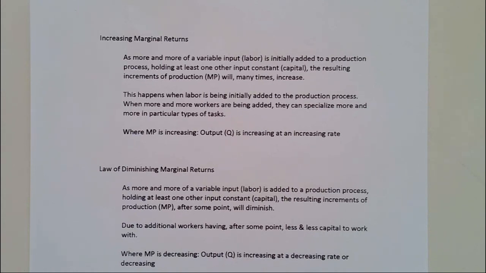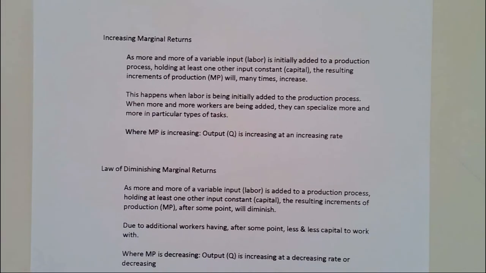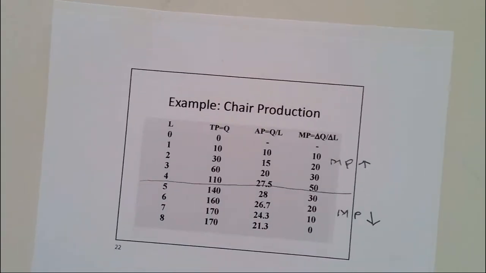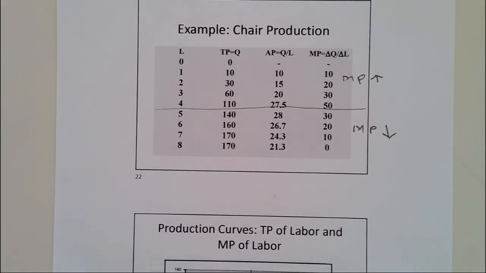It's hard to imagine, well, I can imagine some areas. I mean, any kind of manufacturing, you're going to find increasing marginal returns. I can maybe see if you have a barber shop, a salon, that if you hire workers, you really can't serve an increasing number of customers per employee. So something like services, you may not find increasing marginal returns, but most things we can mass produce, you definitely would find increasing marginal returns. And that'll be over here on the table. So the way we identify increasing marginal returns is when the marginal product is going up. And that's good.